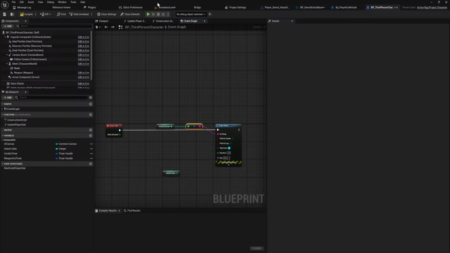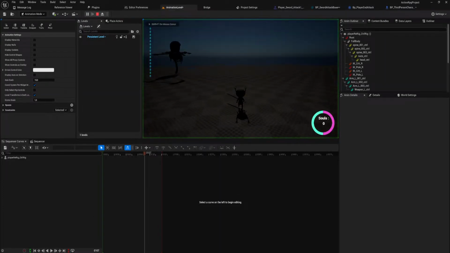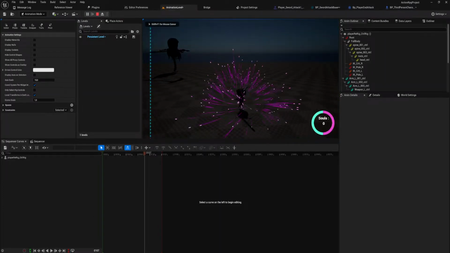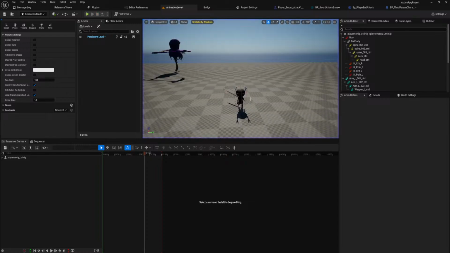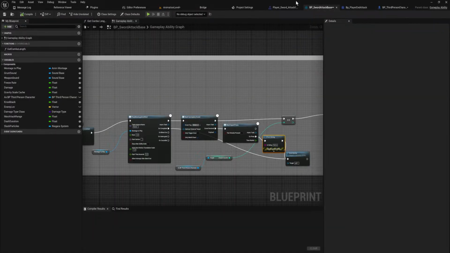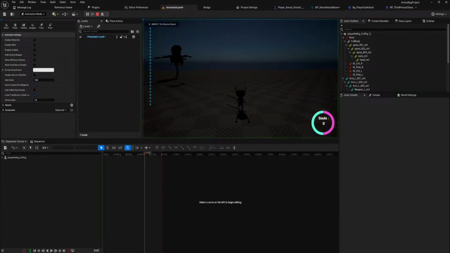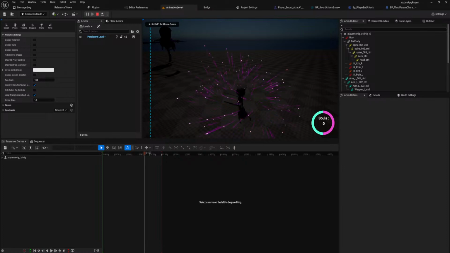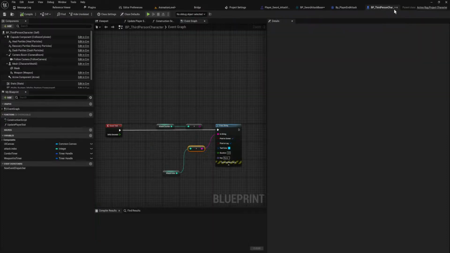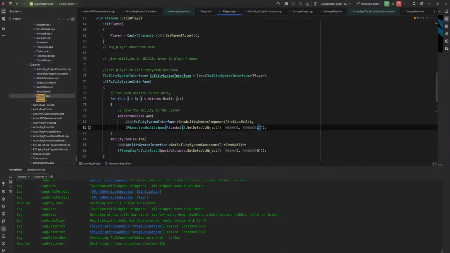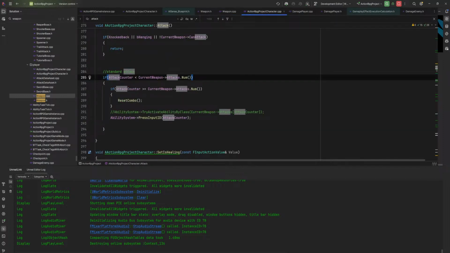Starting with attack counter. Immediately jumps to 3. So it does all of them back to back to back to back. So it's attack counter that we're looking for. Did I use the wrong variable then? Probably not. Yeah, it's attack counter.